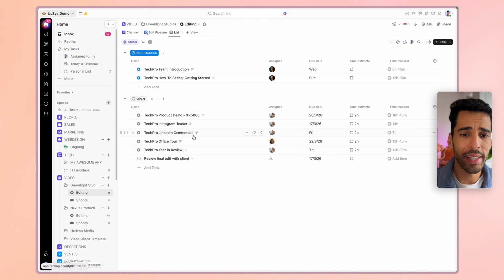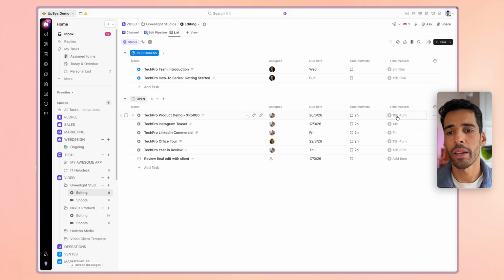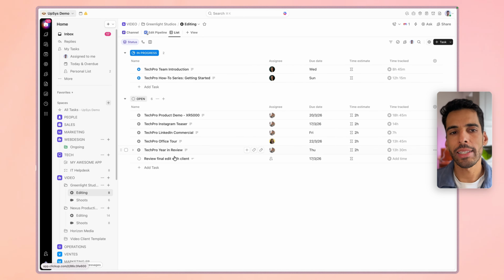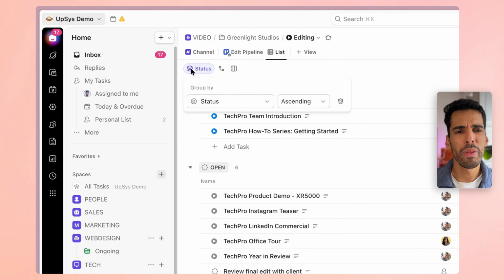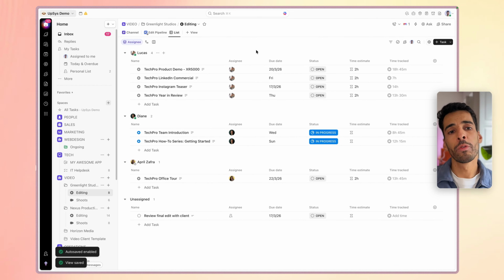We have our tasks as lists. They have descriptions, they have assignees, and they have time tracked. So basically we have a bunch of fields in our view. And I'm using the word view because you can see these tasks as a list and you could group them any way you want. You could group them by assignee if you wanted, but you can also view them a